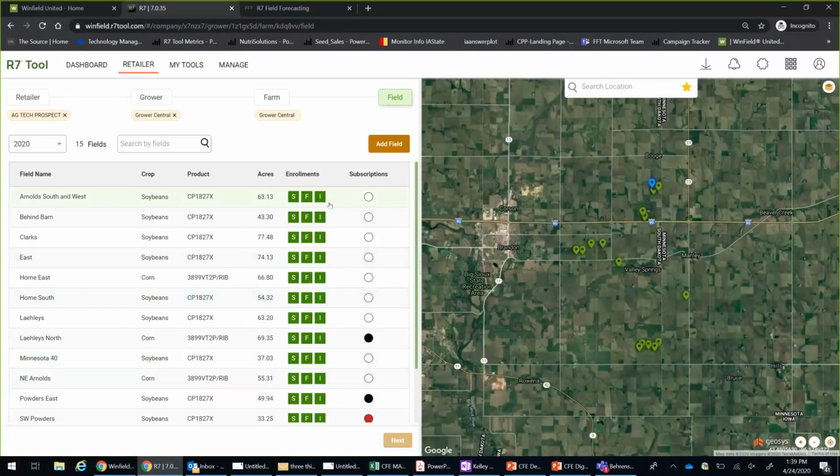When I say manage them, that means if we need to put the planting date in, if we need to update the crop from last year's crop to this year's crop and what that will potentially be, and then being able to enroll and subscribe to be able to use the field monitoring tool. So once you edit your fields, everything's in here.